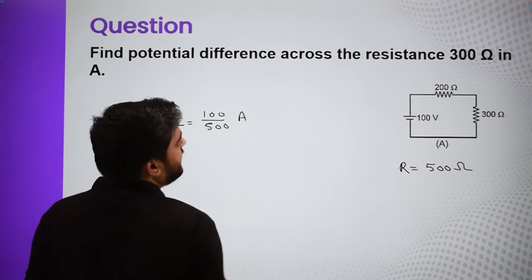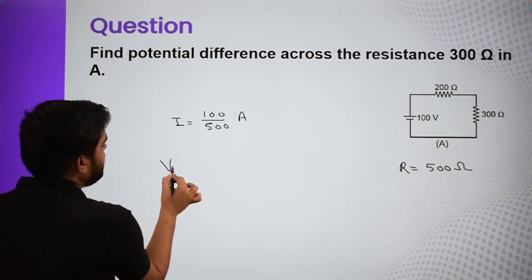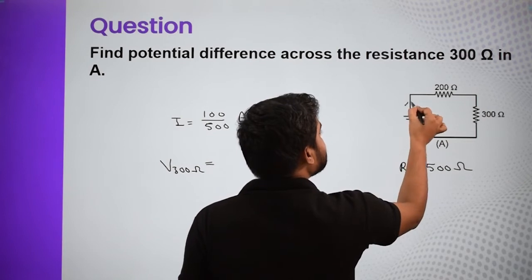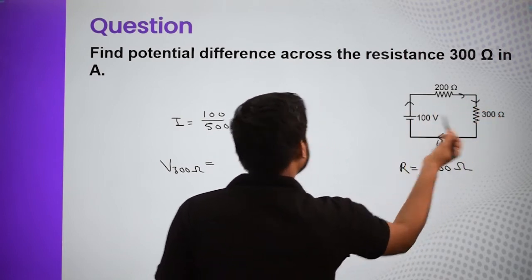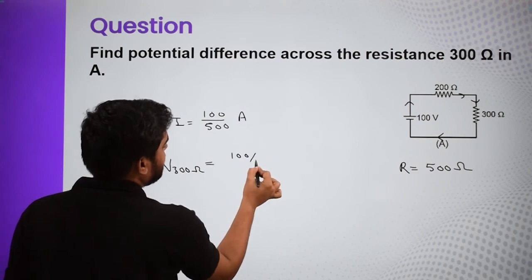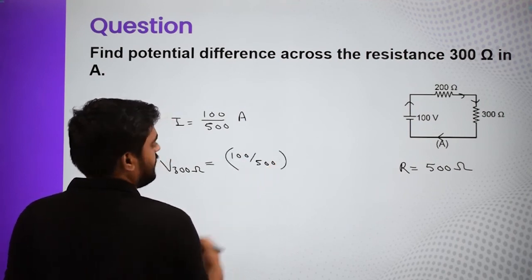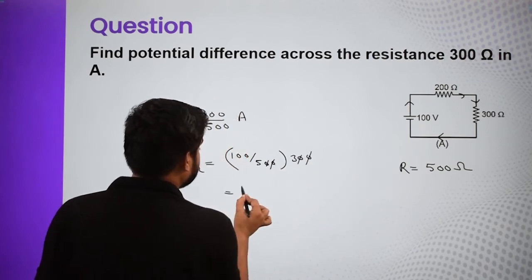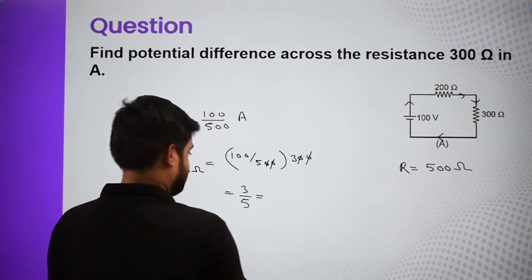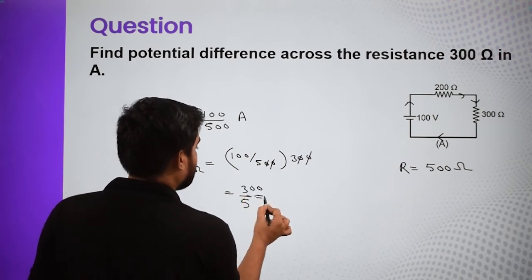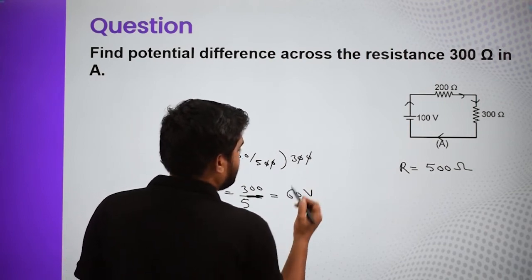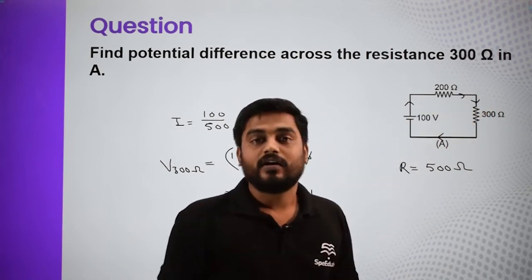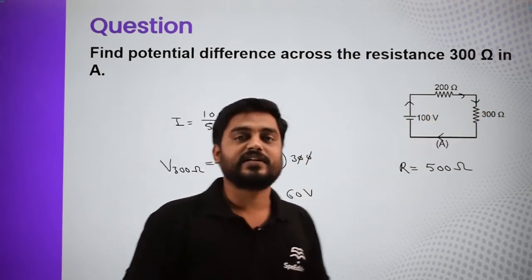So this is the value of current, and again potential difference across 300 ohm is nothing but current in that 300 ohm, which is same as the current. So same amount of current is passing through the entire thing. So current is basically this into R, and what is the resistance? 300. So now I can simply solve like this, and answer is going to be 3 by 5, that is 300 by 5, that is 60 volt. So basically out of this 100 volt, 60 volt is potential difference across 300, and the rest of the 40 volt is the potential difference across that 200 ohm.